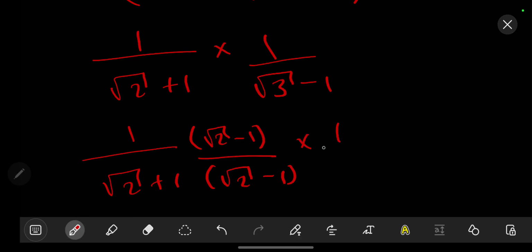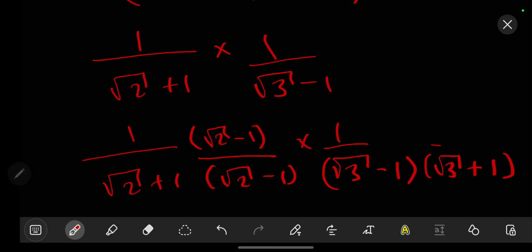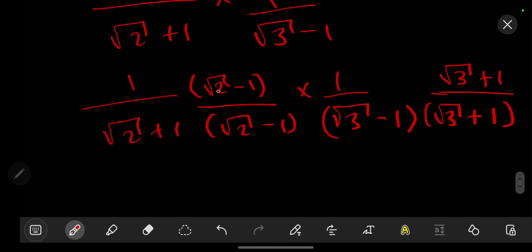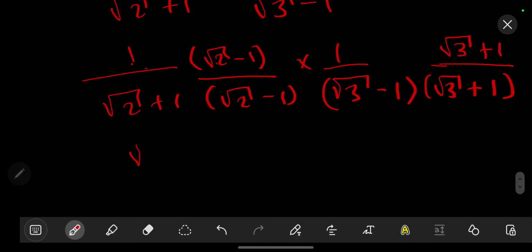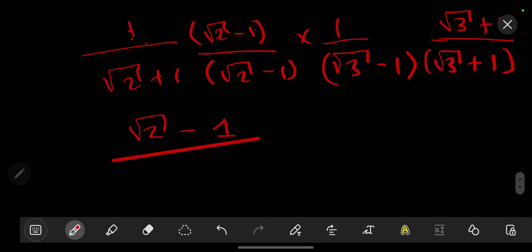Then we have times 1 over the root of 3 minus 1. So the conjugate of this number is the root of 3 plus 1. Even on top, we are going to have the root of 3 plus 1. So we are going to have the root of 2 times the root of 1. This will give us, 1 doesn't change anything, so it will be the root of 2. 1 times negative 1 will be negative 1 over,